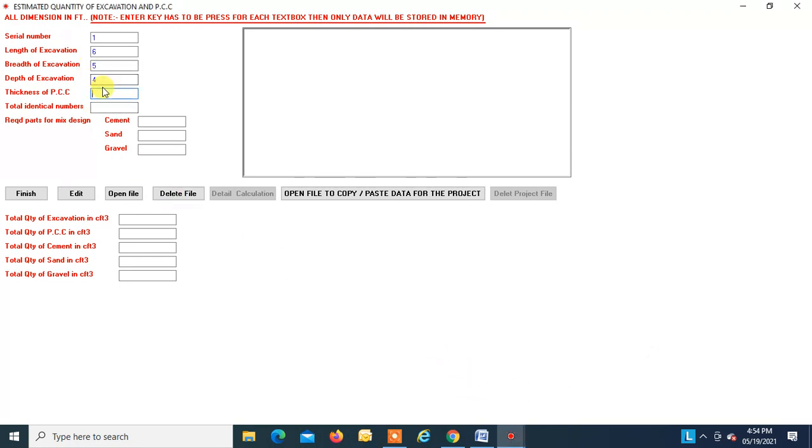Thickness of PCC is 0.33 feet, press enter. Total identical numbers are 2, press enter. Part of cement is 1, part of sand is 3, part of aggregates, that is coarse aggregates, is 6. When the values turn up in this area, that means the values are saved. Now let me give the values for the second type, that is length is 5 feet,